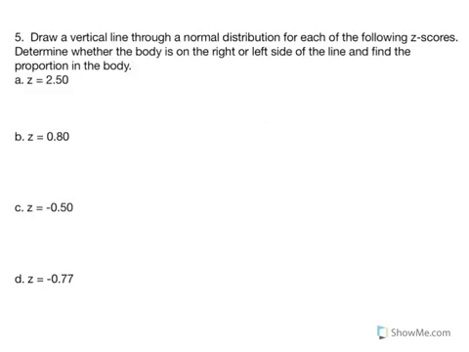Number 5, we're going to draw a distribution and draw a vertical line through a normal distribution for each of the following z-scores. Determine whether the body is on the right or left side of the line and find the proportion in the body. So we're going to utilize our z distribution or unit normal table to find the proportions that represent the body. So given the video I posted regarding how to use the unit normal table, we should be able to find this information. So our first distribution